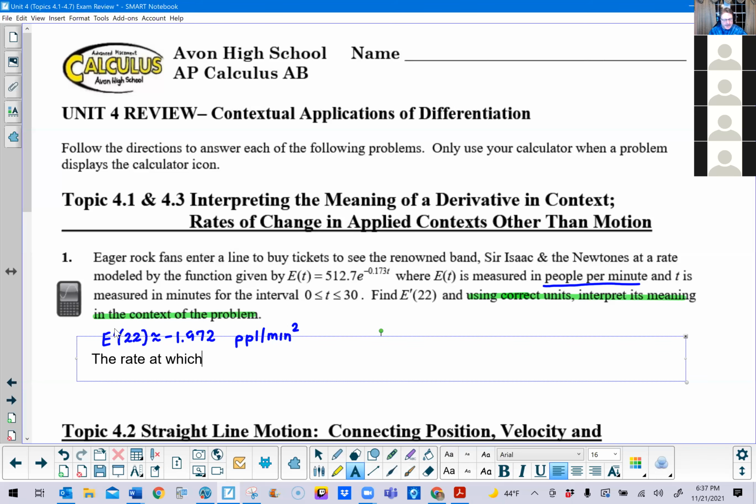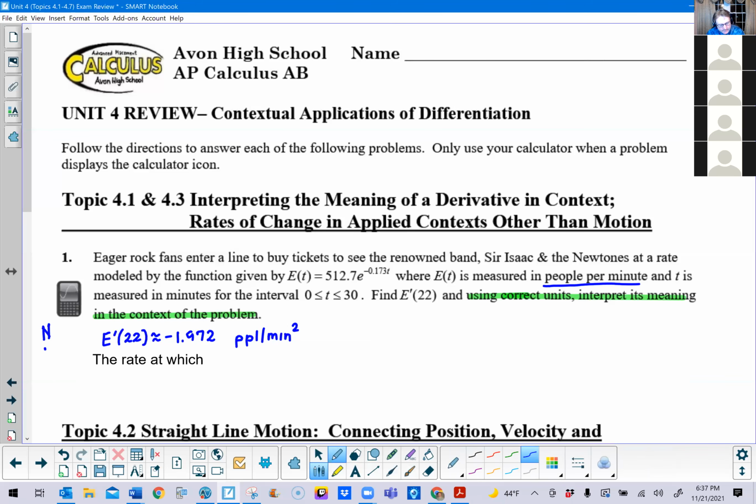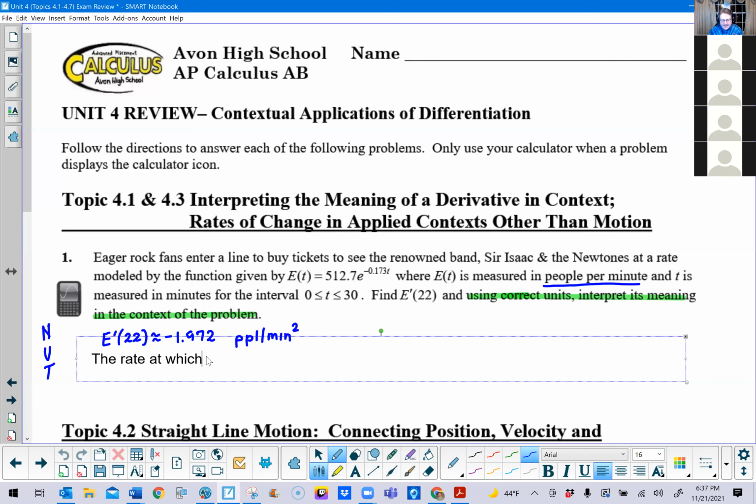Now we get into our NUT. Remember, NUT is the acronym, nouns, units, time. Good. Nouns, units, time. And so we need to start putting in that information. So what is the noun, the subject of the sentence? Well, eager rock fans, right? Now you don't have to say that. You could just say the rate at which the fans enter the line